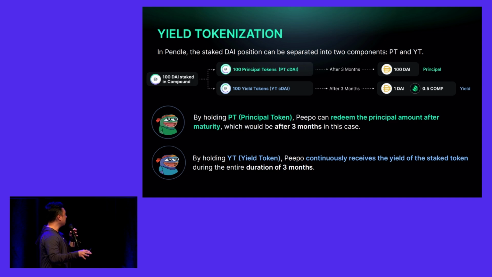On the other hand, if you are bearish on all of those yields and want to get a fixed rate instead, then you can take a position in PTs, right? This is basically a discounted asset, which gives you the right to redeem the underlying asset at maturity. So in this case, for 100 PT, after 3 months you would be able to redeem it back for 100 DAI. And since you're trading this in the market, it's a zero coupon bond, or a discounted asset, where you can buy the 100 DAI cheaply, let's say 90 DAI worth, and you'd be able to redeem it back to 100 DAI at maturity.